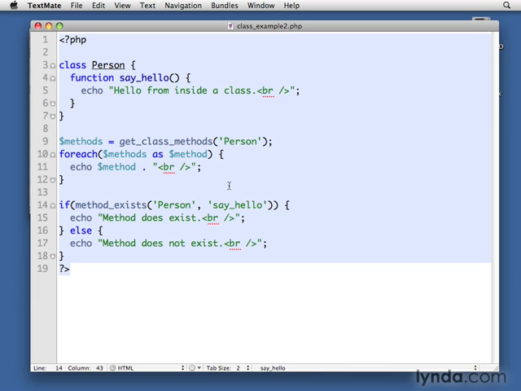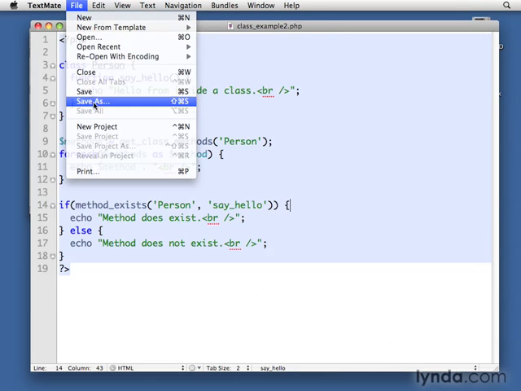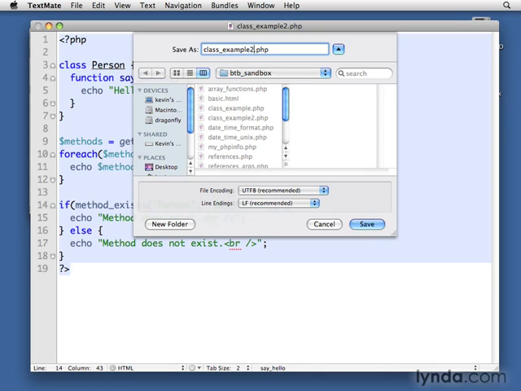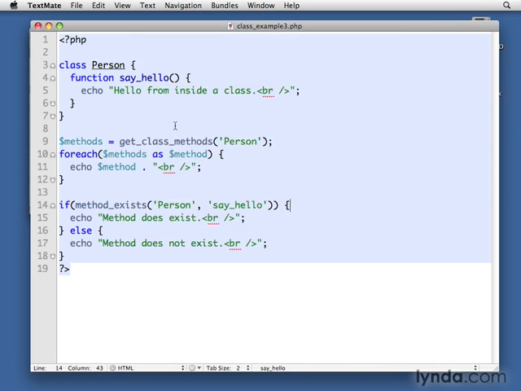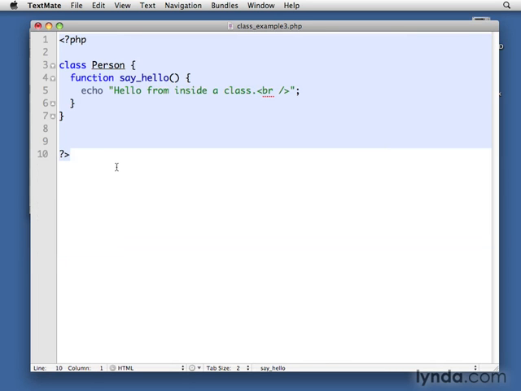I'm going to take my class example file. I'm just going to do another save as on it, just so that we still have a record of that work that we were just doing. I'm going to call it class example 3, and I'm just going to get rid of all of this at the bottom, but I'm going to leave the class that we've still been working with at the top as we continue to expand that. Now, in order to instantiate a class, what we do is we say new, and then Person